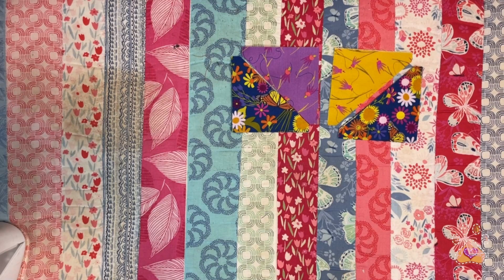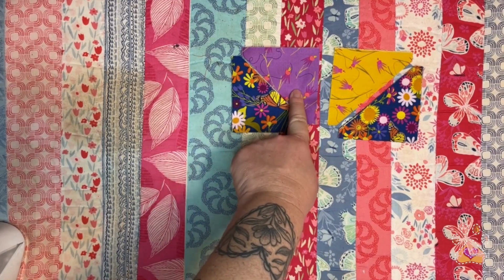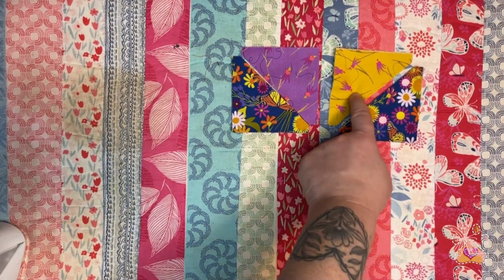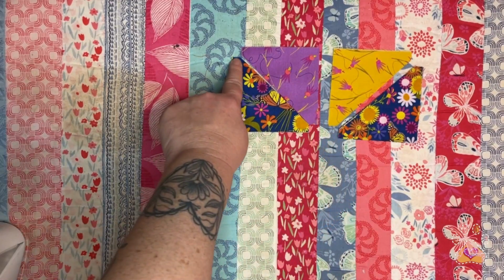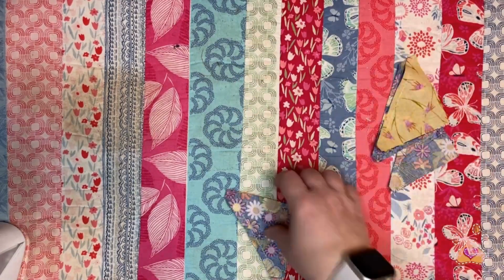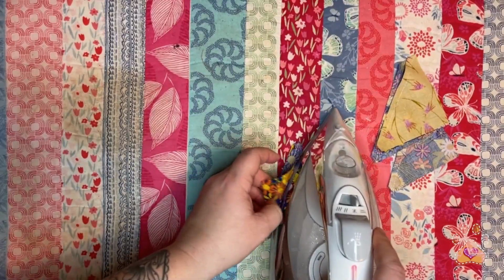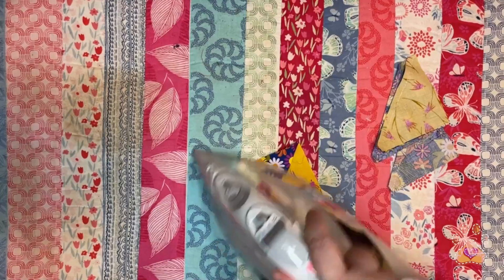You're going to need to pull from your small triangles 2 fabric E and 2 fabric C for 1.1, and then 2 fabric E and 2 fabric D for 1.2. We're going to sew all of these on the long edge, and we're pressing down towards fabric E. Okay, so we're going to do all the ironing together. Remember, we're pressing everything towards fabric E, which makes it easy. So press towards the same